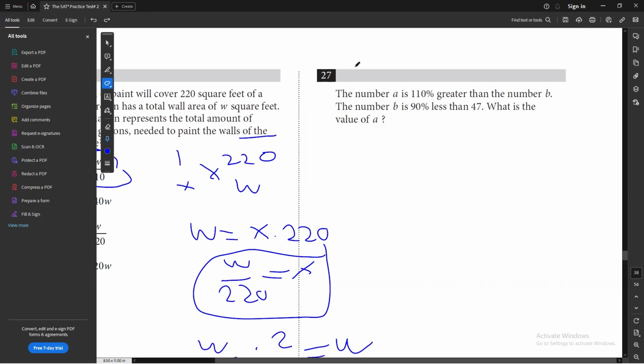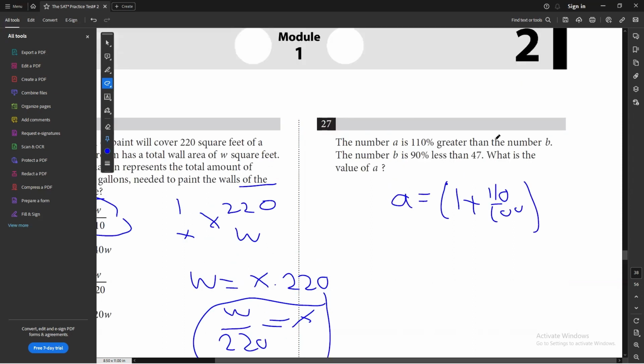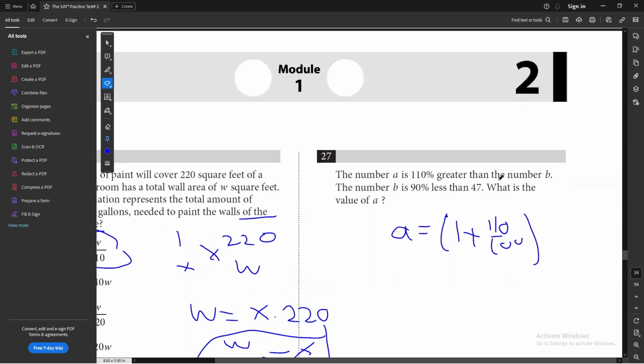Last but not least, question number 27. The number A is 110% greater than the number B. The number B is 90% less than 47. What is the value of A? So A is equal to 110% greater than the number B. So I should say 1 plus 110 divided by 100. The reason why I wrote the fraction 110 divided by 100 is because